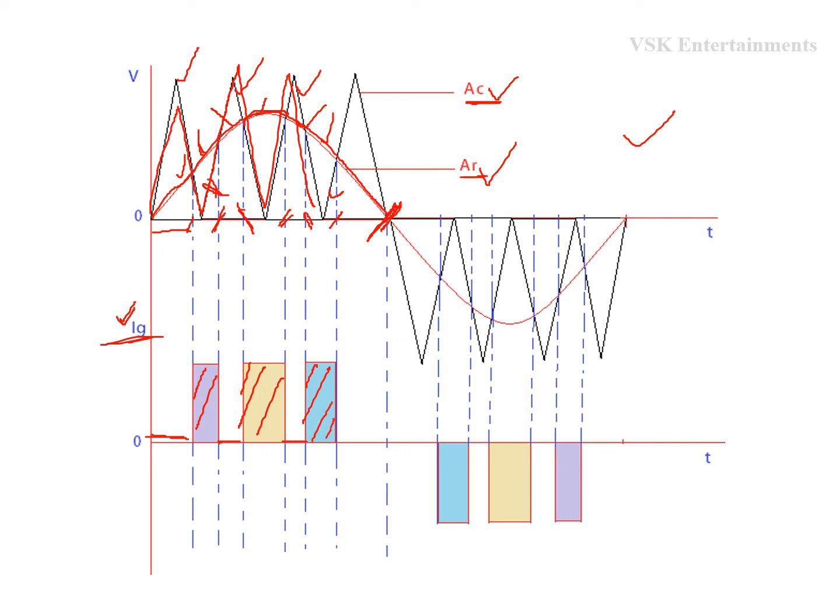Same procedure repeats for the remaining half cycles. If you observe the waveforms, these are the gating pulses having different pulse widths, so we are going to get different controlled output voltages of inverters. Okay, this is the process of getting the controlled variable output voltage of the inverters by using the sinusoidal PWM technique. This is the concept and different types of PWM techniques for controlling the output voltage of inverters.